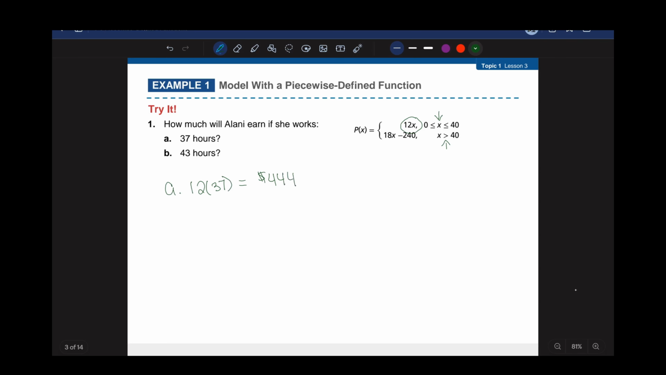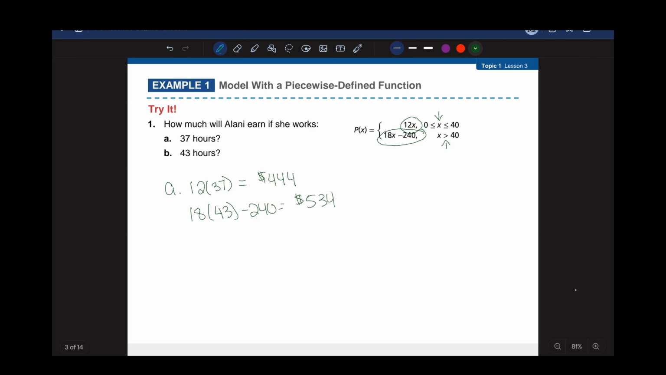444. All right, and then we have part B, which is 43 hours. 43 is bigger than 40, so I will be plugging into the 18x minus 240. So I have 18 times 43 minus 240, and that gets me